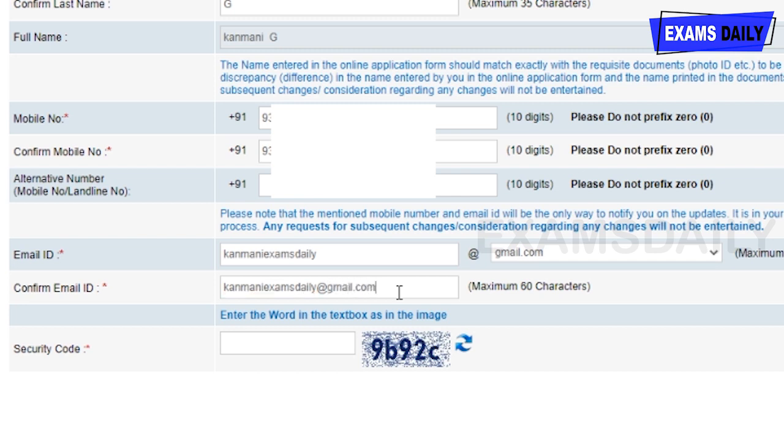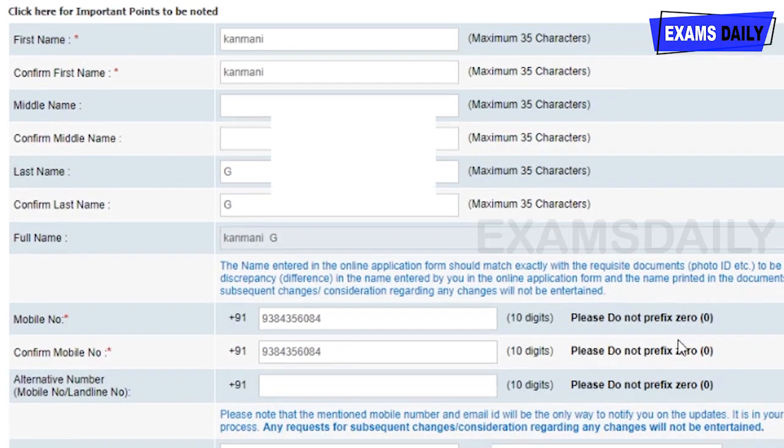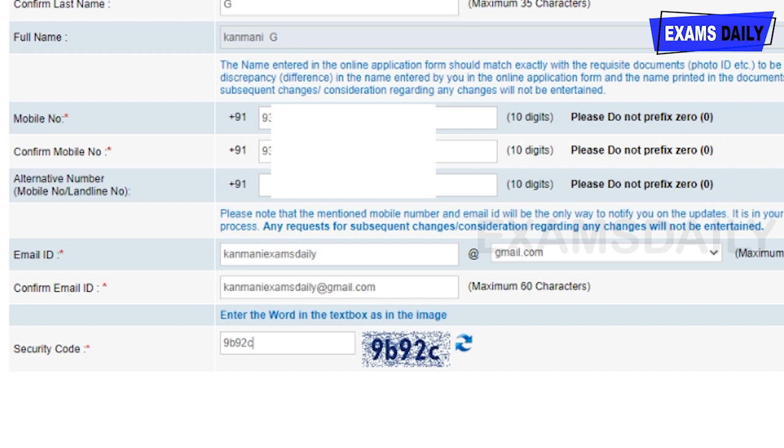For this you want to give your mobile number and email ID which are presently with you, because they send a confirmation message to your mobile number. So your mobile number and email address are very important to apply for this. Yes, I have filled in all those basic details, and then I'm going to click save and next.